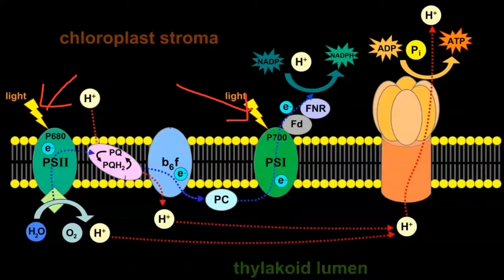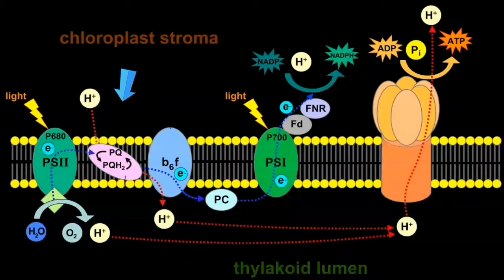The photon hits the antenna pigment and it becomes excited, and it needs electrons to put it into a higher state. So here the electron is donated by water. It splits into hydrogen and oxygen. Oxygen is released out as a byproduct, and the electron is transferred to the first antenna pigment complex of photosystem II, then the electron is transported to mobile electron carriers.